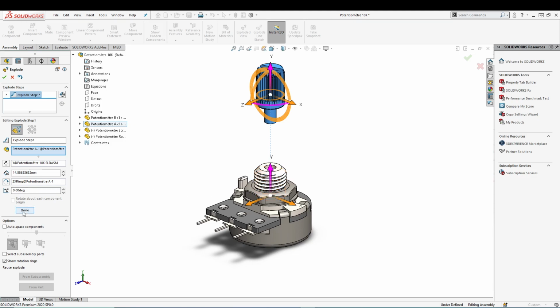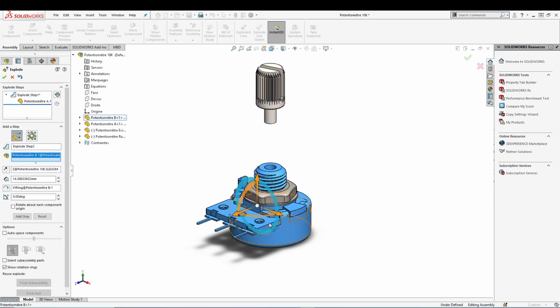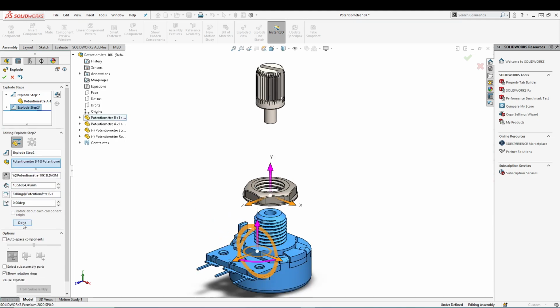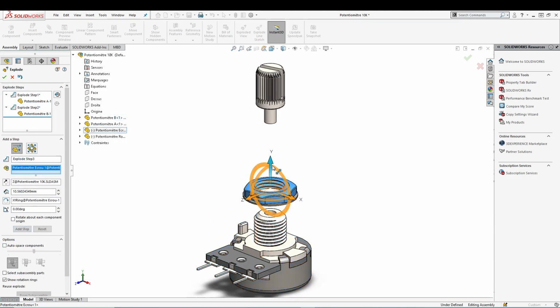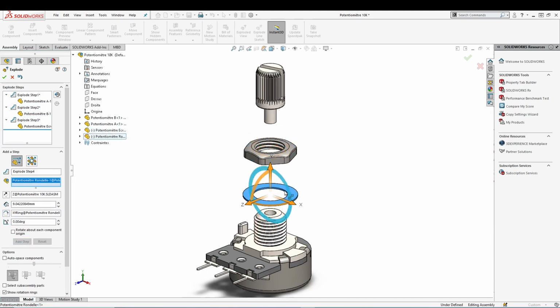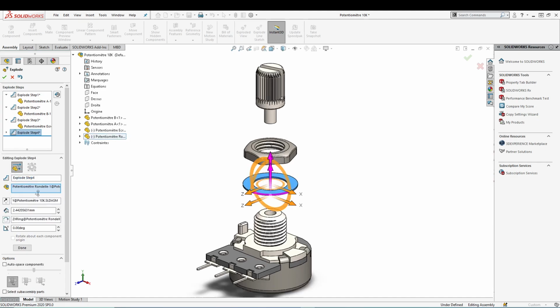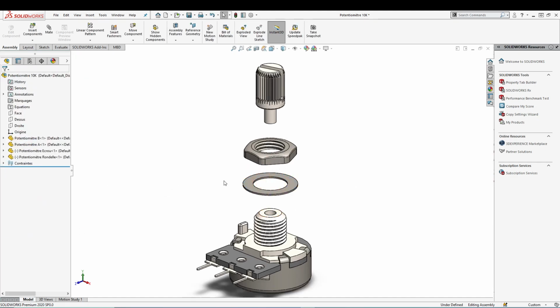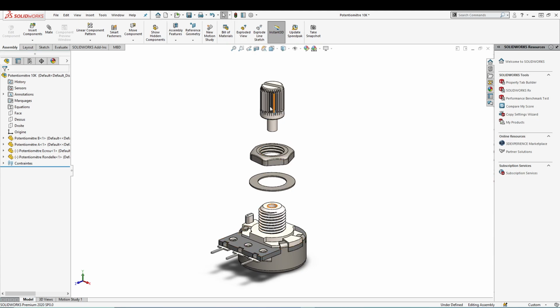We can then go for done. Let's select the second part, drag this a bit down, and click done. Third part, done. Let's say the fourth part, and done. So we have created the exploded view in our assembly, and now we can do the exploded drawing view for